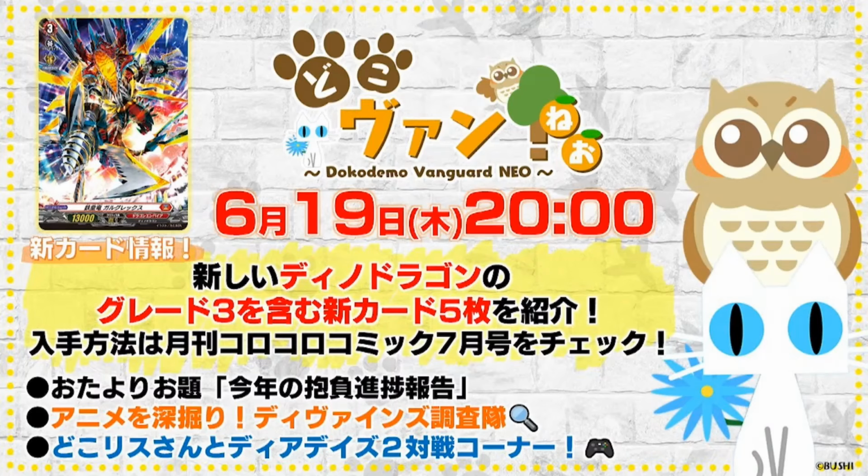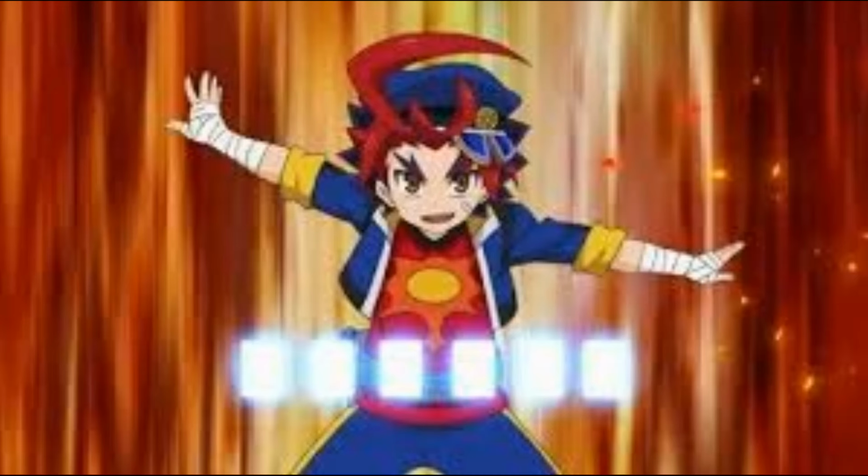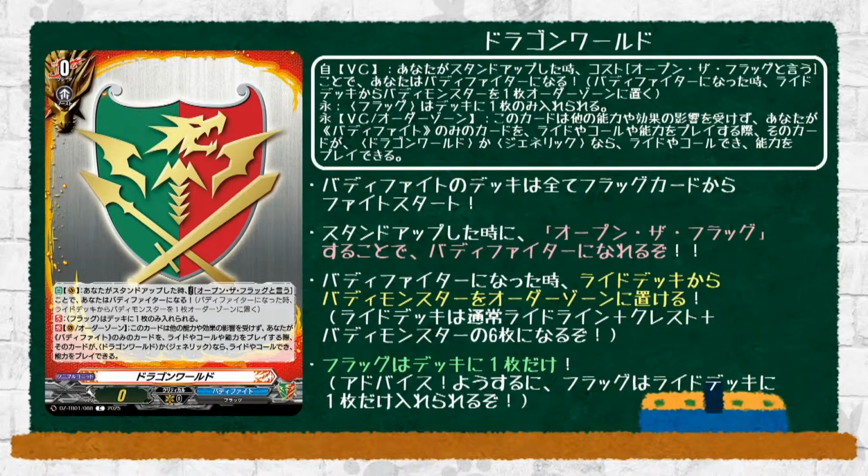Alright, the first Buddyfight ride line is here, and it's the main first protagonist, Gao Mikado, along with his buddy. So let's begin. And very interesting on how they decided to do this. So here's the starter, the Dragon World flag, and you say open the flag instead of stand up, and you